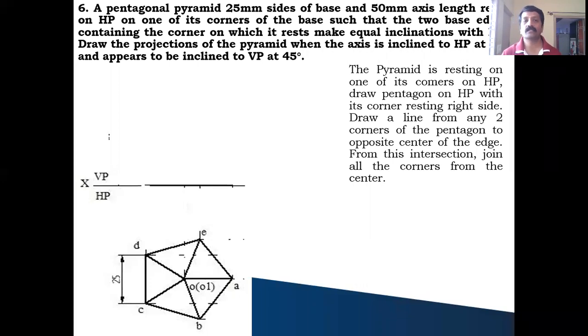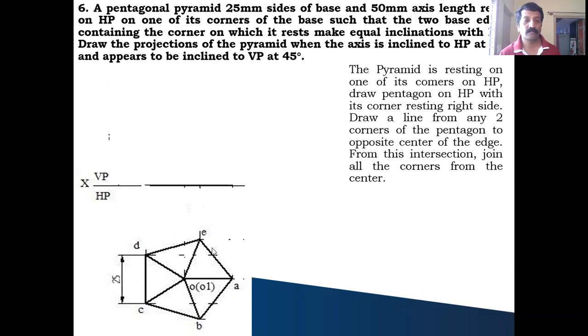Okay, you take the top view. So you take the corner on your right side and draw a regular pentagon such that the corner should come on the right side of you, like that. I have drawn the regular pentagon. A, B, C, D, I have taken, and then you bisect any two sides to get the center of the pentagon. In many cases we have discussed how to bisect.